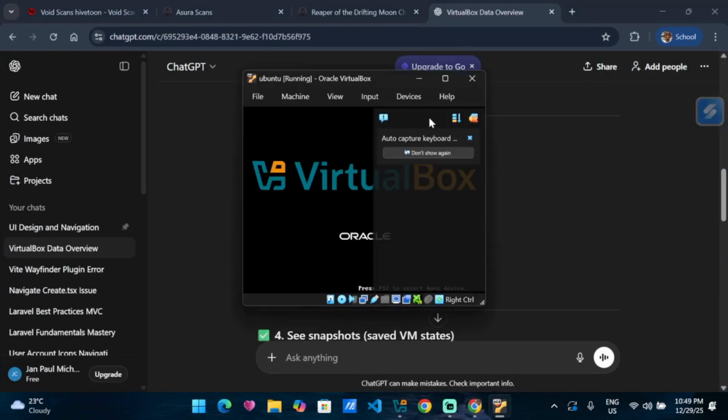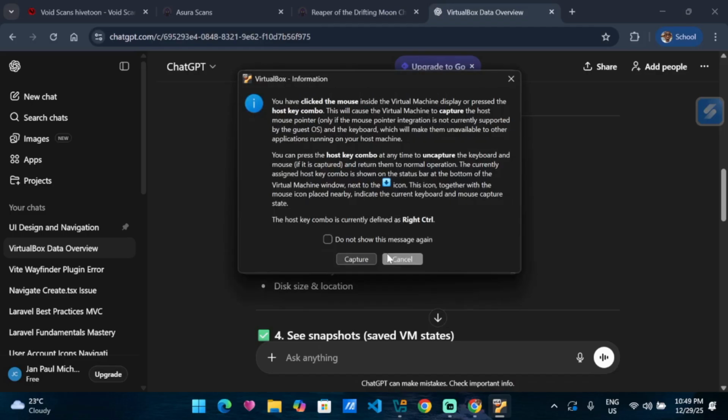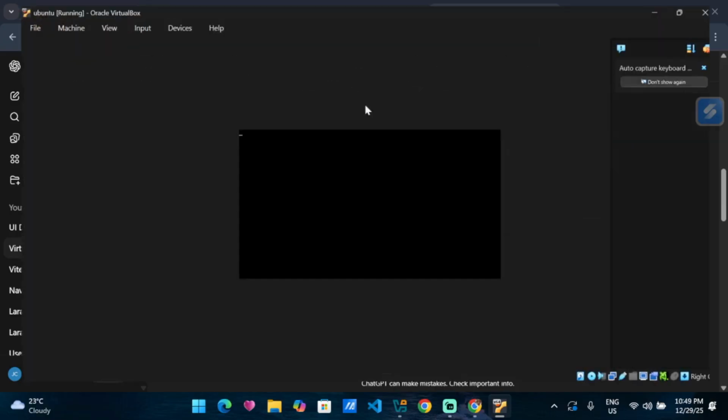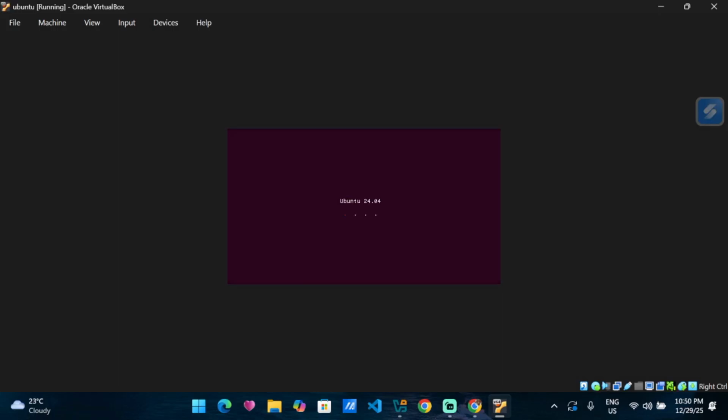And see, now it opens. Just click that. Let's maximize it. In this phase, guys, it's more on waiting because Ubuntu is copying the files.